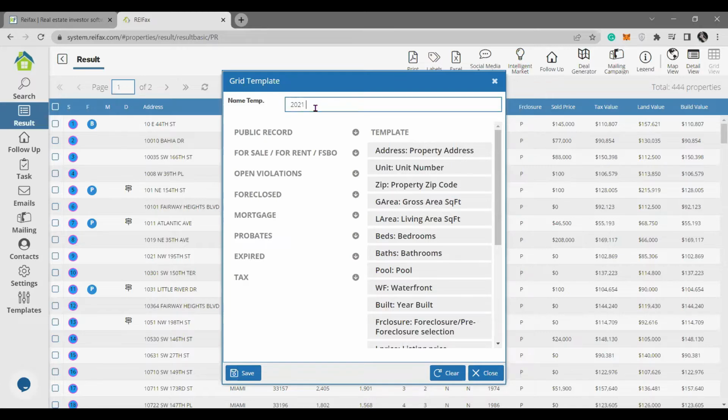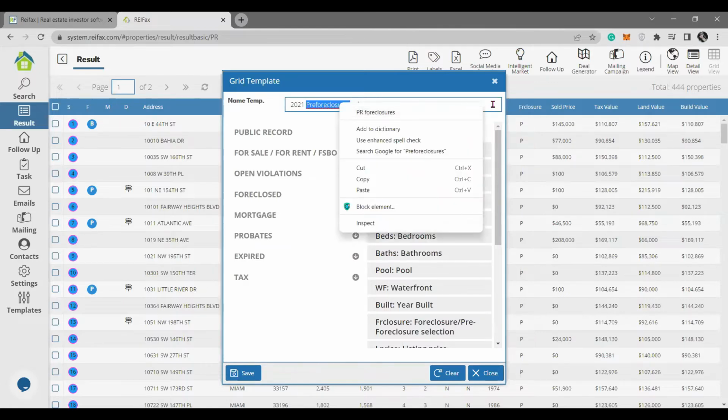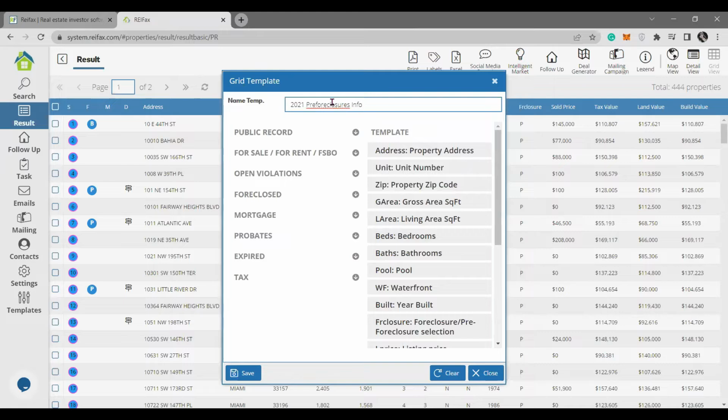So I'm going to name this template 2021 pre-foreclosures info, because that is the search that I did. I'm just checking this because these are from 2021 and 2022, actually part of the year 2. So you can see that to your